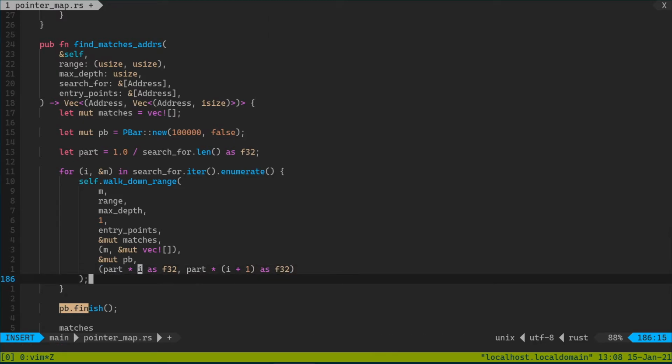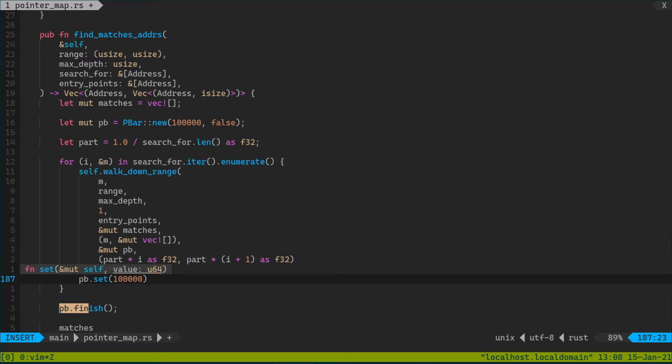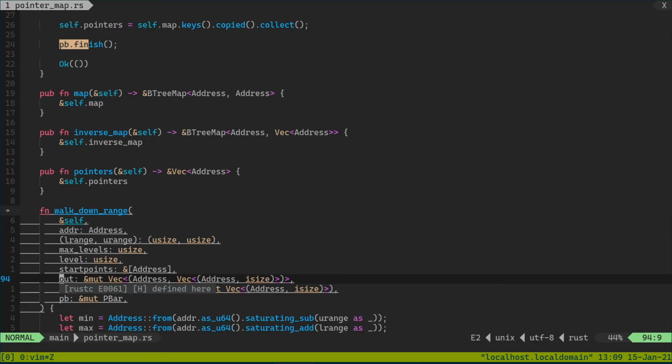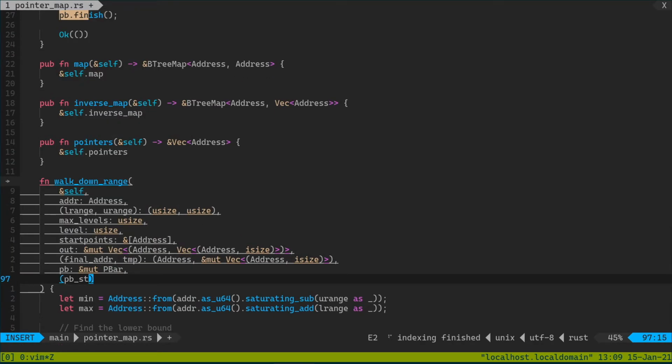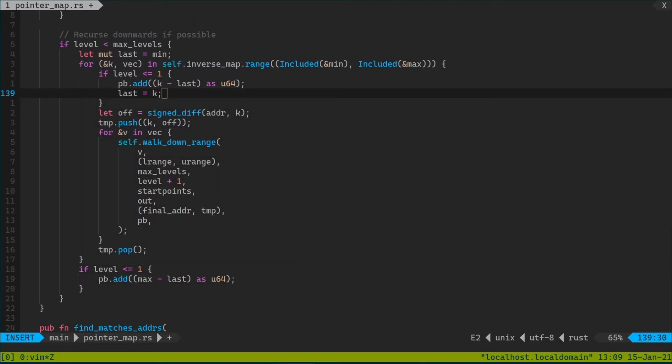And once you have that, right here in the progress bar, we're gonna have set 100,000 times part times i plus 1 as f32. And what this will do, we will just wrap it into .round() as u64. This will give us the value after this walk down range finishes. But now in the walk down range function, we're gonna pass pb_start and pb_end. It will be f32, f32, and once you have that, we go into this particular function where we recurse inwards,